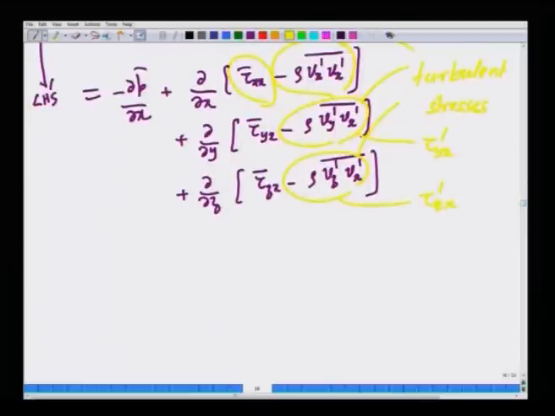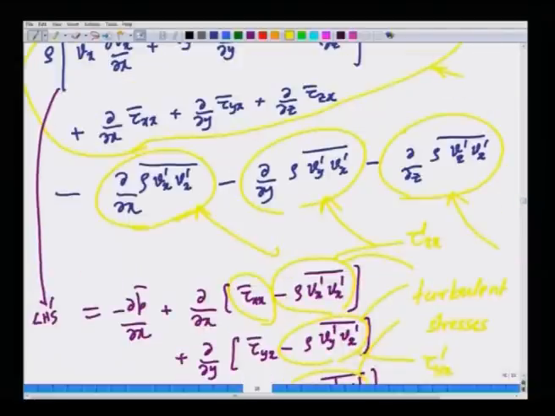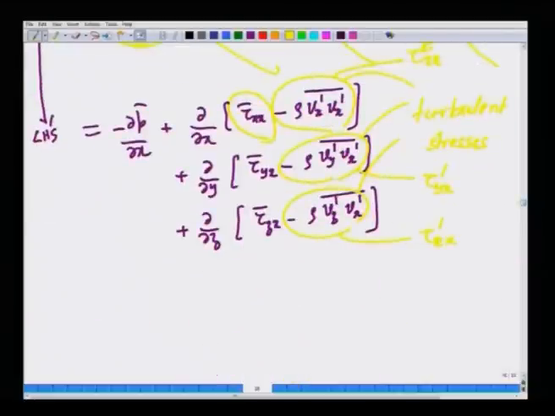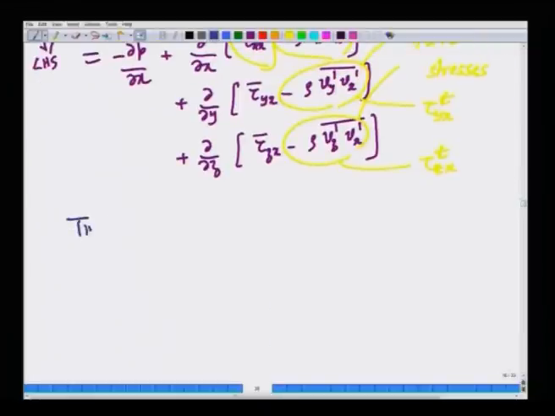Okay. You can verify that because tau xy prime is simply rho Vx prime Vy prime, but the order of the products is not important because they are just multiplying two quantities. So, it is not important. Sorry, these are not called prime, these are called T, turbulent stresses, just to avoid confusion with fluctuations. These are the turbulent stresses. Okay. So, we can rewrite the time averaged Navier-Stokes equation as